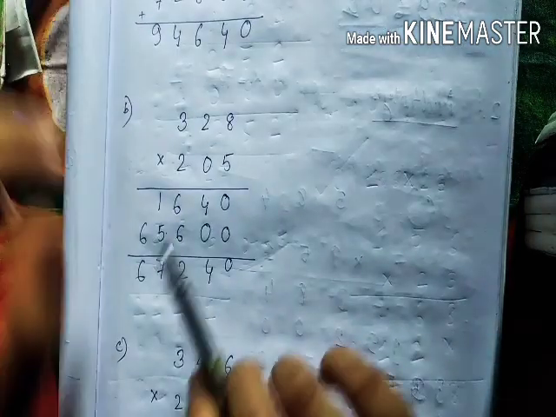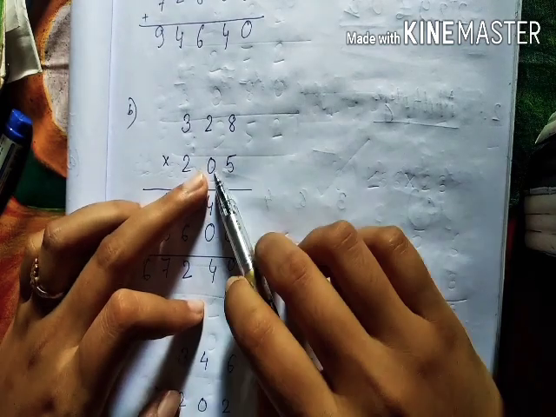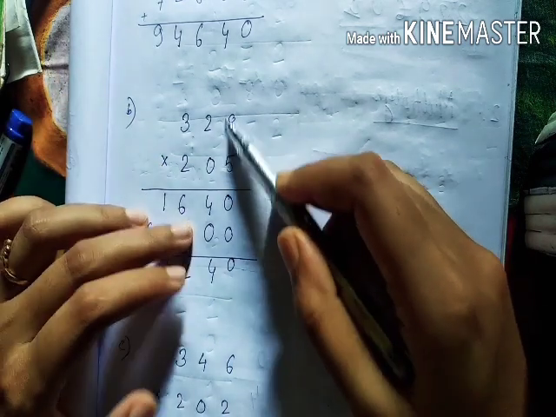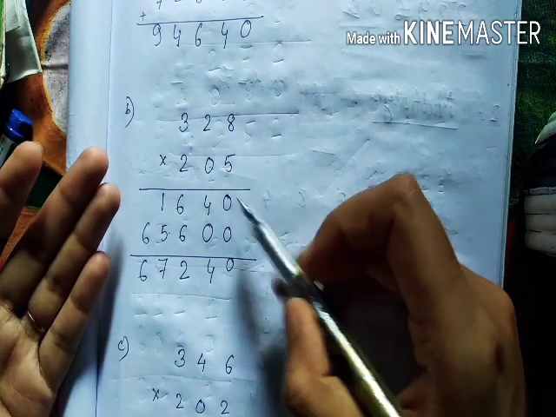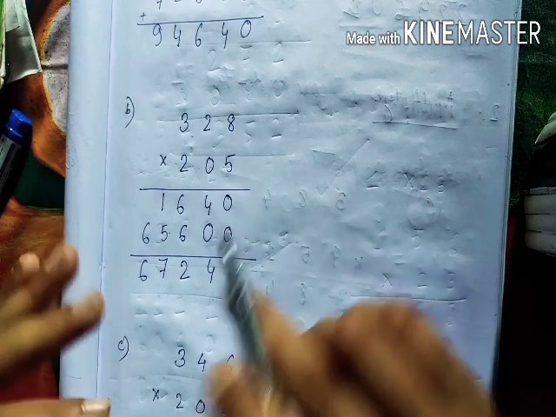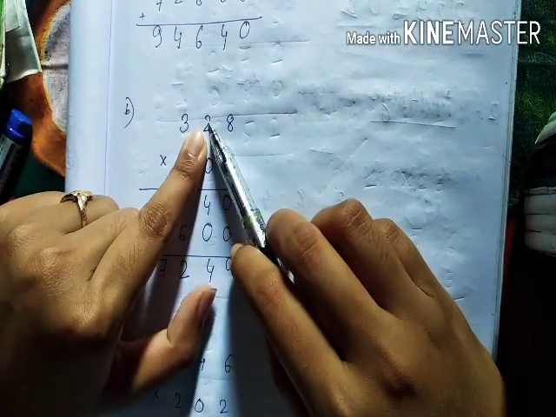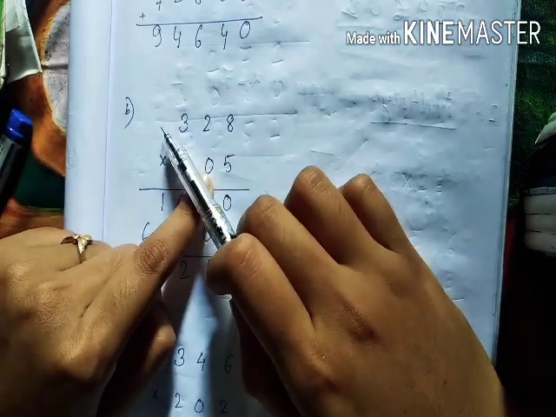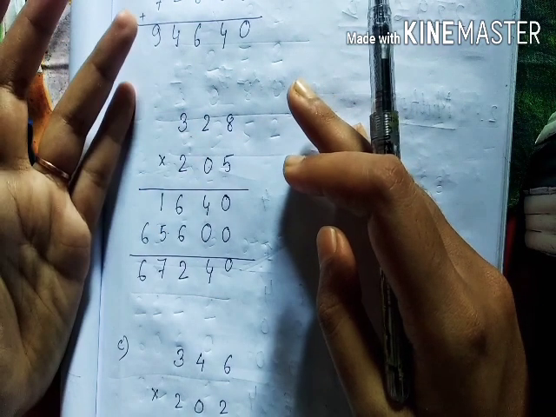Okay, if 0 is in the tens place in the factor, right? So here you are multiplying with this number, right? So you have to do one step from here, then again here, then again here, right students? So what you have to do, you can see the tens place 0 is there, so anything you are multiplying with 0 will be 0. Okay, so don't get confused, because if 0 is somewhere here, then you cannot skip that. But when you are multiplying all the 3 numbers, or all the 4 numbers, with 0, then you can skip that, because anything you multiply with 0 will be 0. Okay, there will be no carry.